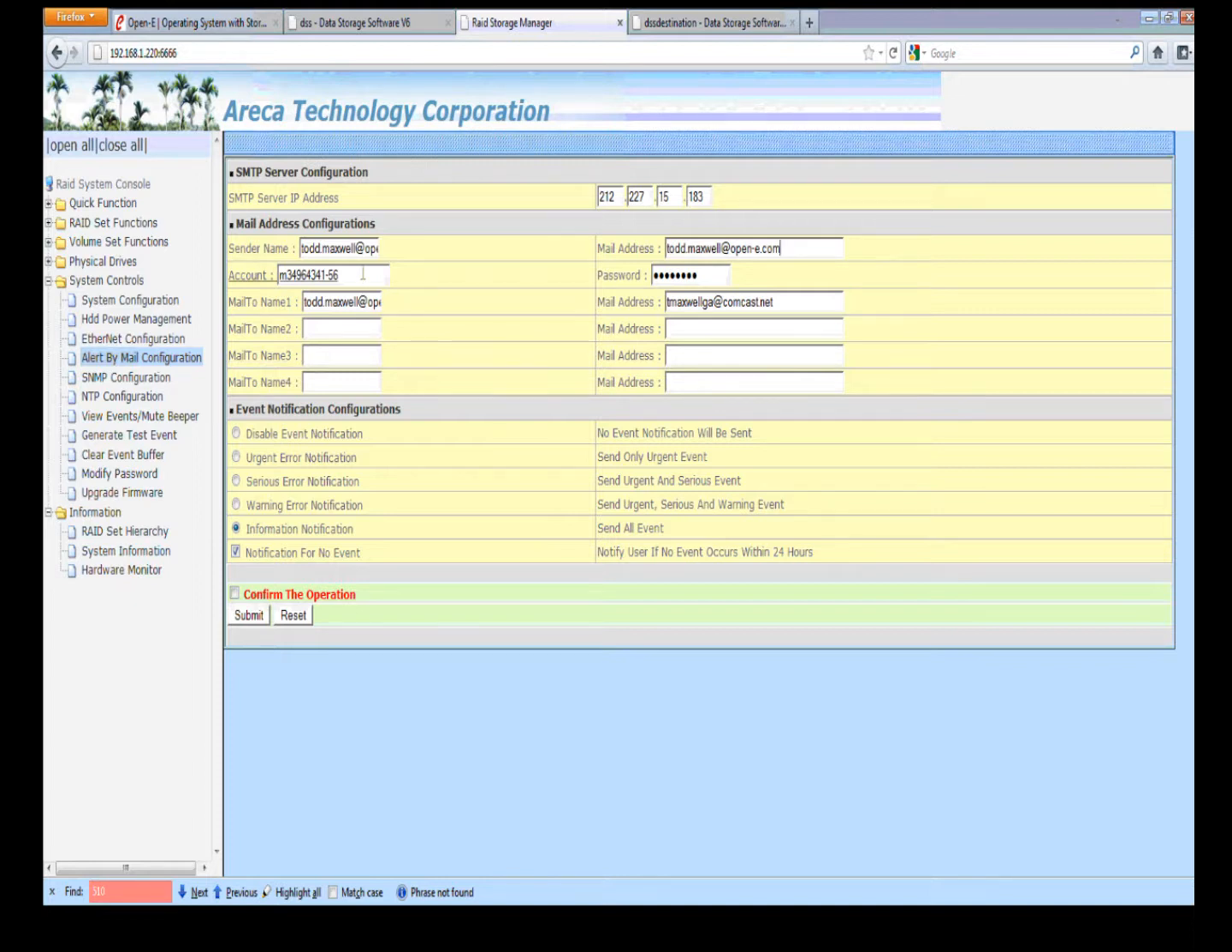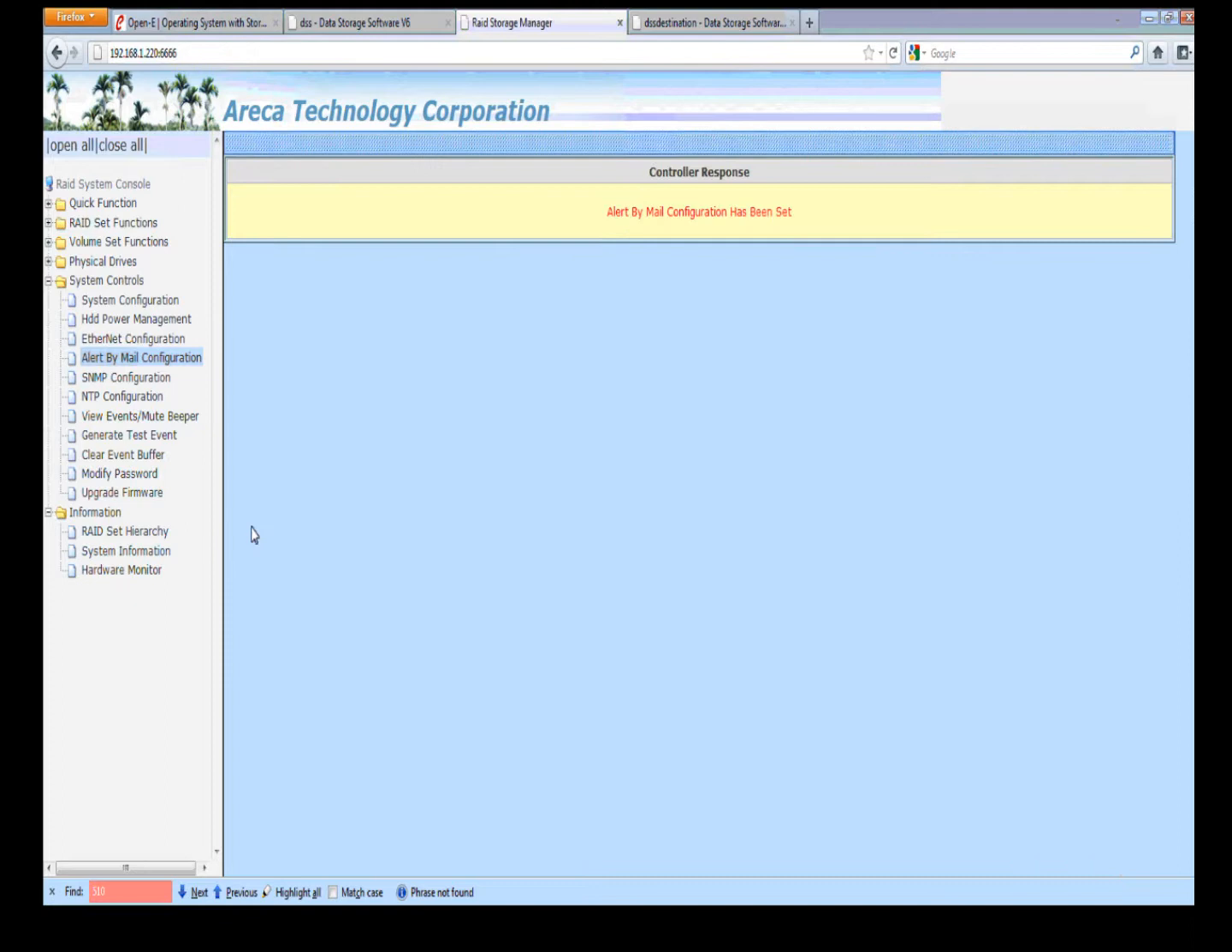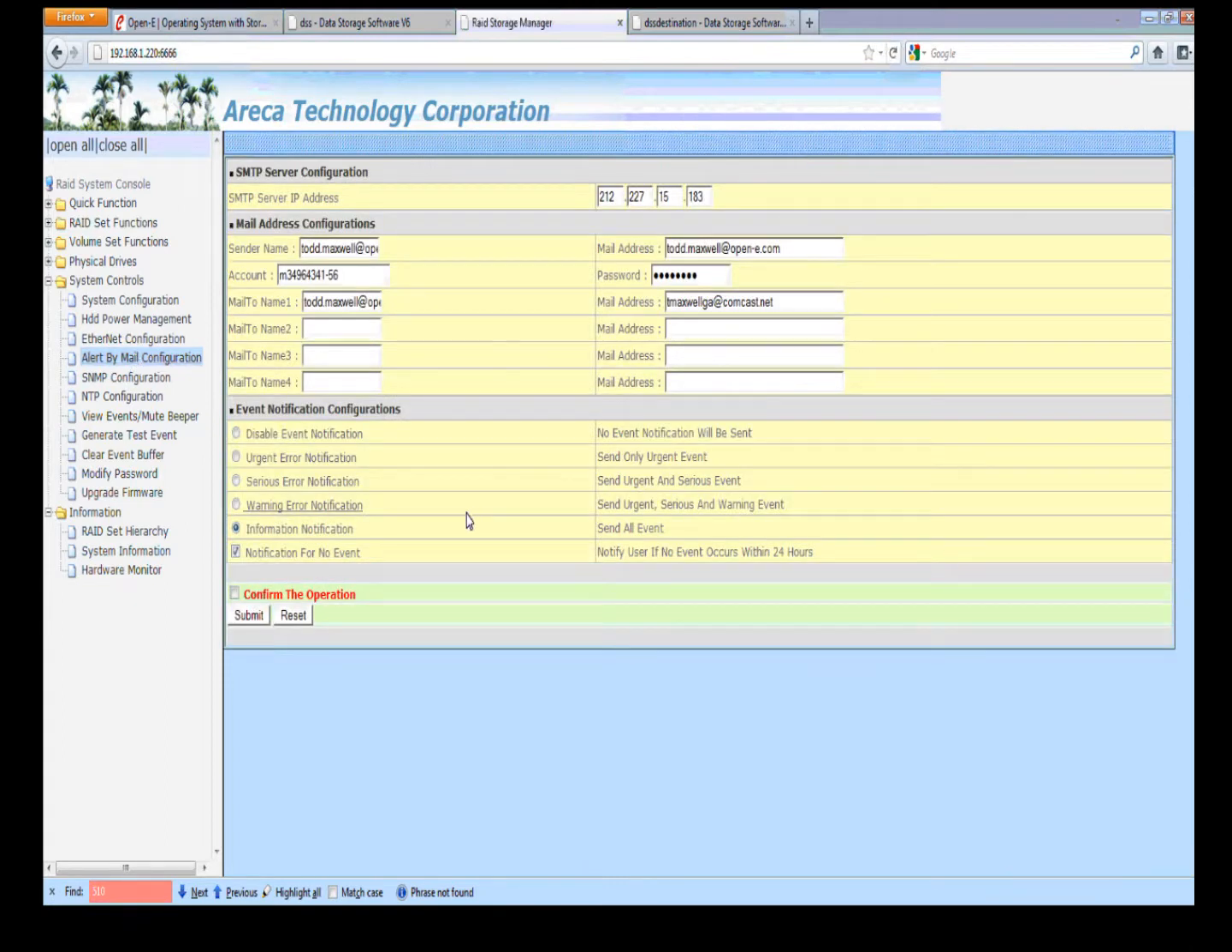So Areca does it a little differently than Freeware. And of course, you set your user authentication login account information. For many of you, and for me, if I were to use my other Open-E account, it would be todd.maxwell@open-e.com, and of course my password. And they have a unique way of confirming and running the test, so that way you can get event